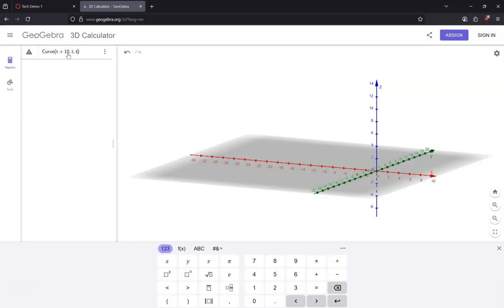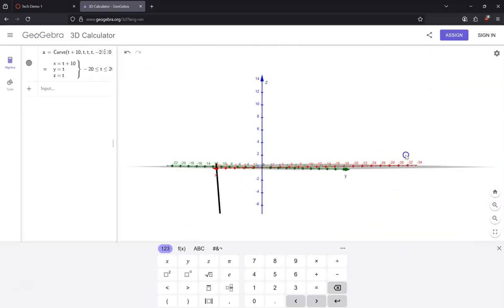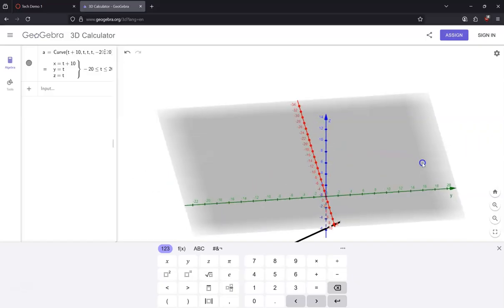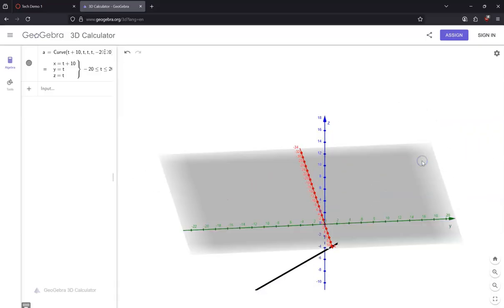Now we need the range for the vector to show on here. So what we need to do is t comma negative 20 comma 20. And there you go. Should show. You can see in all directions it is following the x plus y plus z line with the x-intercept being